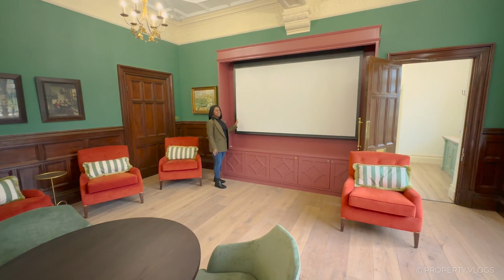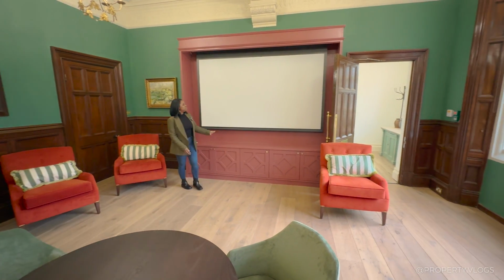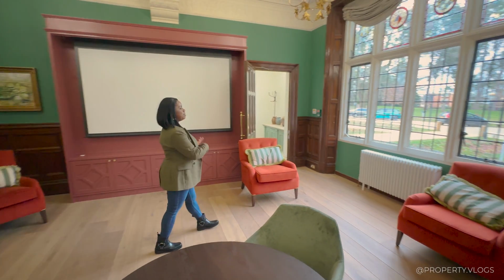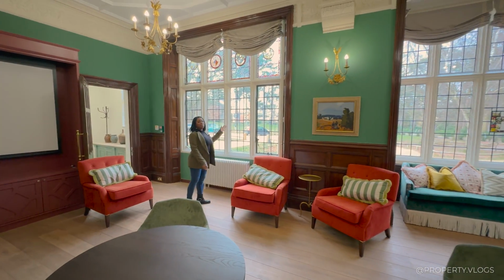It's this projector. So this would be absolutely fantastic if you're a resident here and you just want to come downstairs and watch a movie, a classic, and then go back upstairs to your space. And then obviously we're going to see more of the